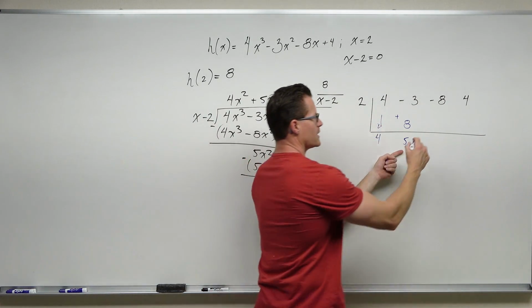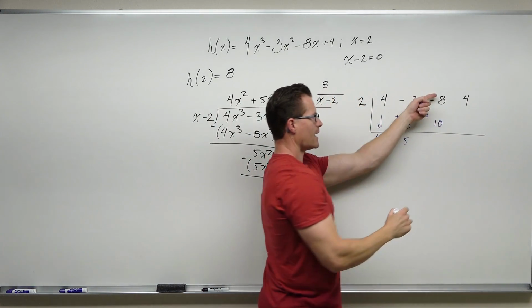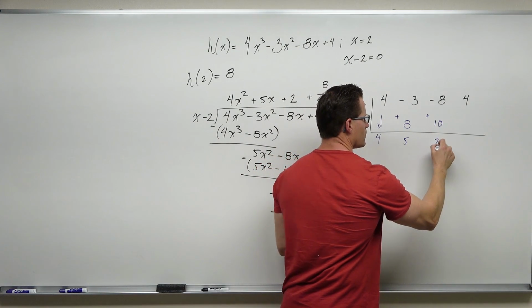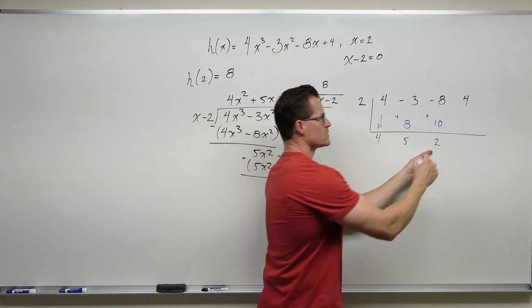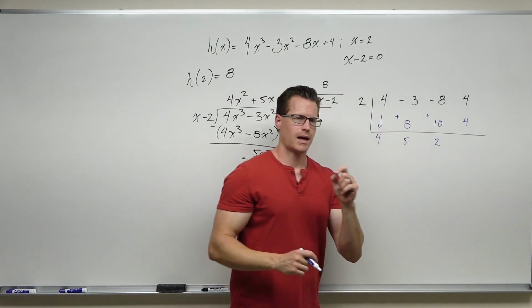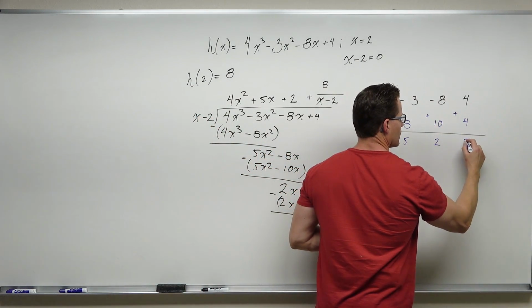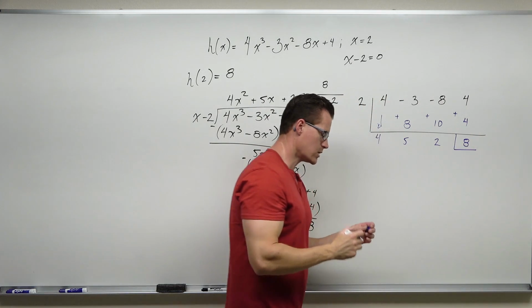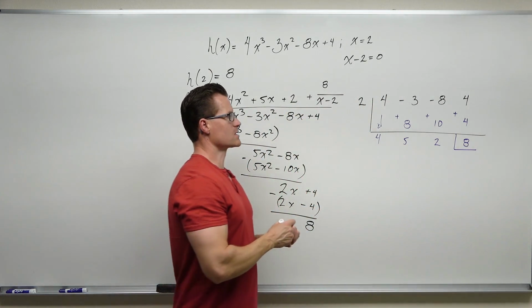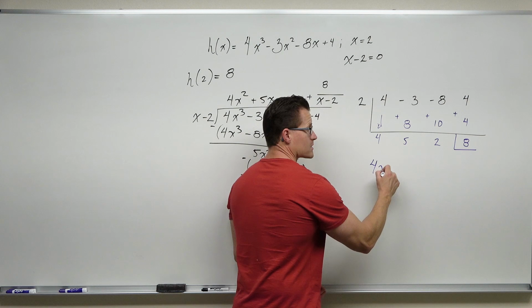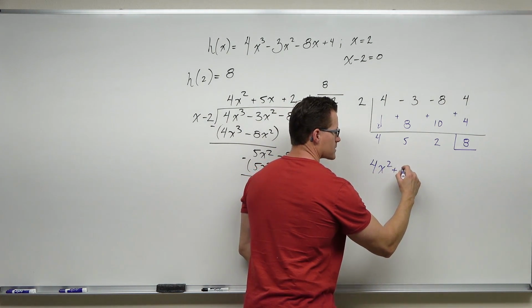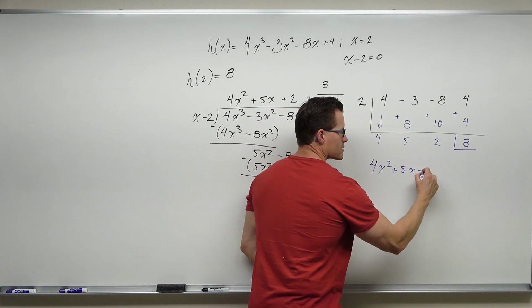Multiplies, 2 times 5 is 10. And adds, -8 plus 10 is 2. Multiplies, 2 times 2 is 4. And adds, it doesn't subtract, it adds. And you get 8. You get a remainder of 8. And this says, okay, this would be 4x squared plus 5x plus 2